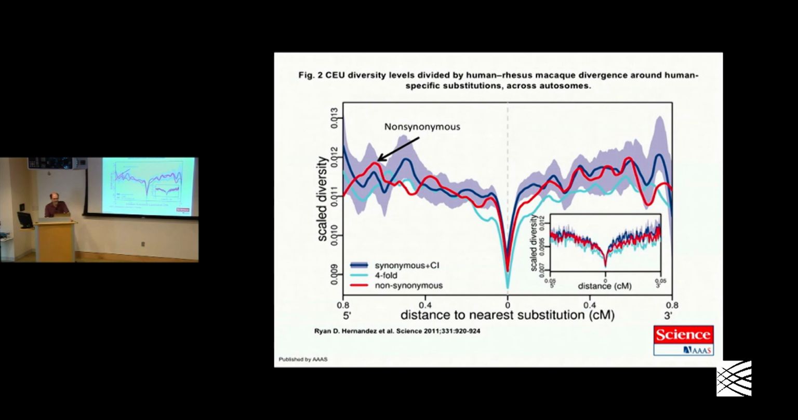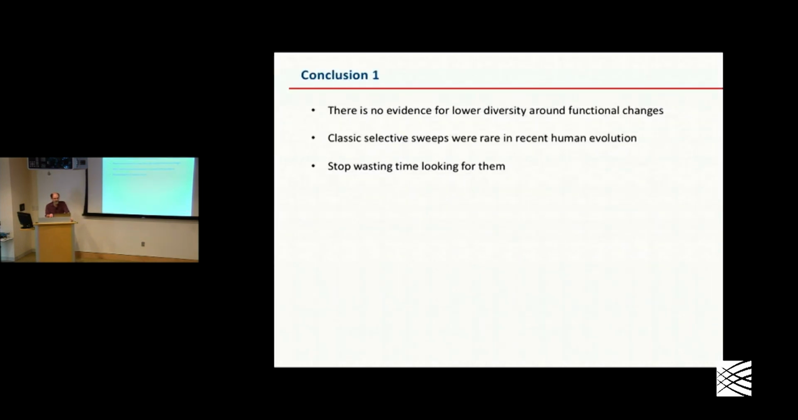And they're basically identical. And there's no sign from this that there have been a lot of selective sweeps reducing diversity around non-synonymous changes. And their conclusion was no evidence for a lot of selective sweeps, so that this kind of classic selective sweep, where one thing sweeps to high frequency, has been rare. And they actually pretty much said in the paper, we should stop wasting our time looking for them, which was difficult